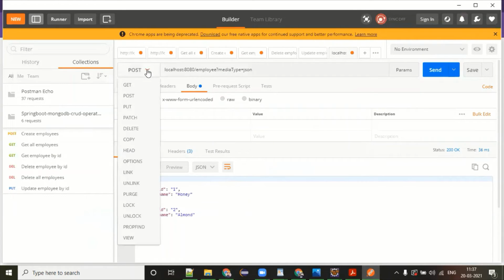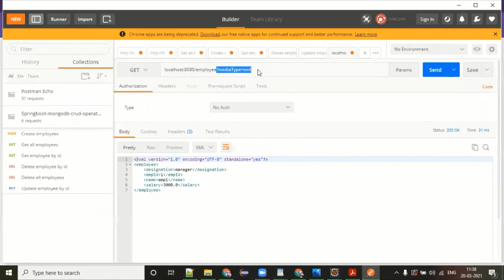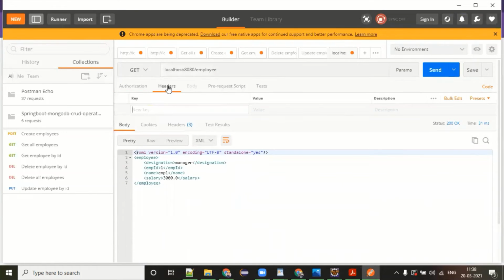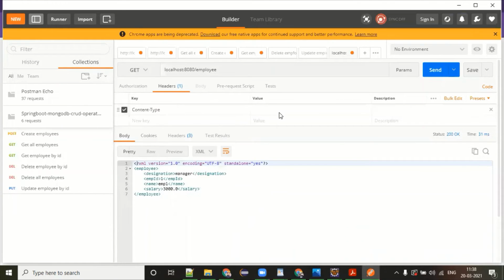So the default is, this is coming JSON, this is coming XML, and let's say I'm not passing anything in the request header. Content type, application JSON.